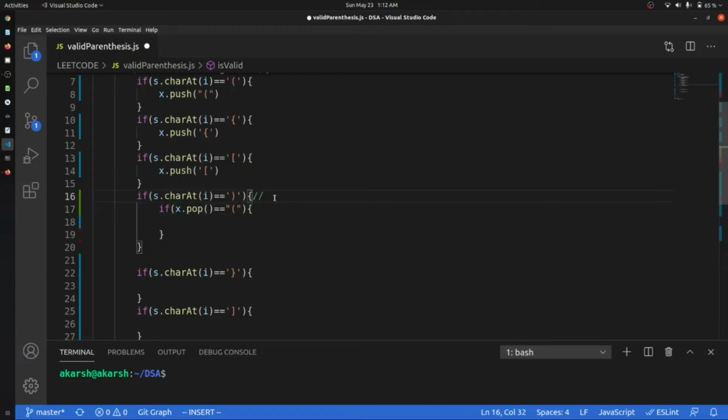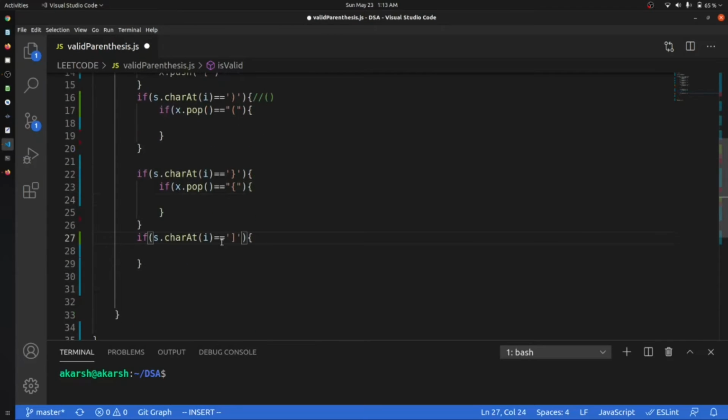If we are at this parenthesis, then its opening should be in this tag, and only then is it valid, because if it is not, it is not valid. In a similar way we will do this for the others. If x.pop double equals the open curly, and at the same point we will check for this also.